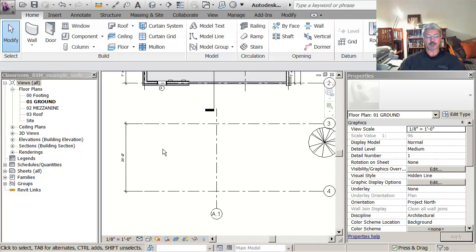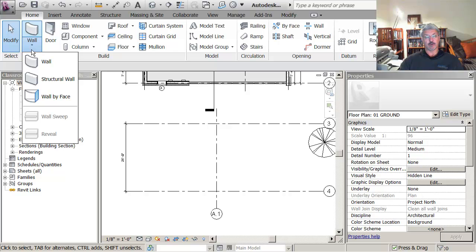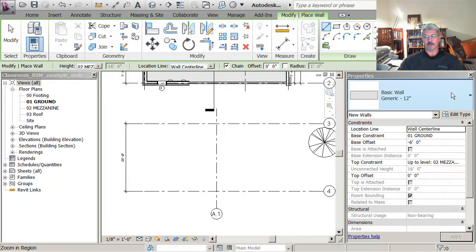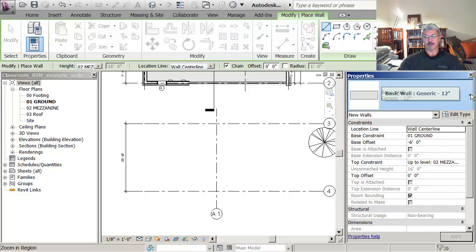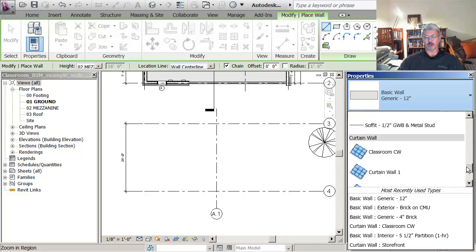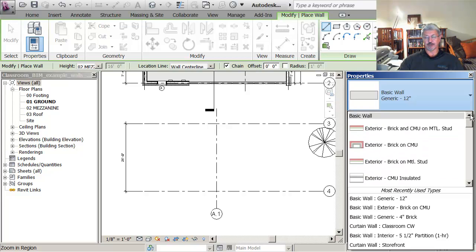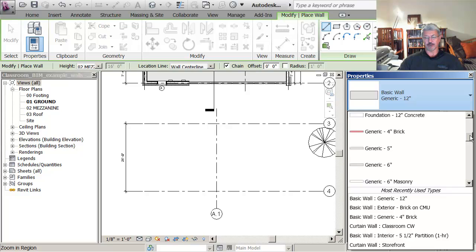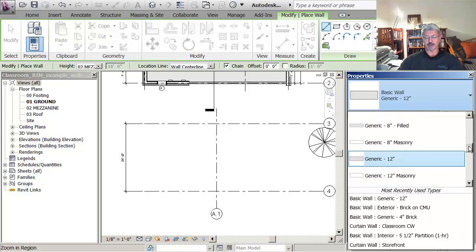Okay, I'm still in the project environment, and what I want to do is add some walls. So I can go back up to the Home tab, Walls, pick the Wall command, and if you look in the Properties palette, you'll see that there's actually a whole bunch of different walls or wall styles that are in your project. What I want you to do, just to show the power of this, is I picked the generic